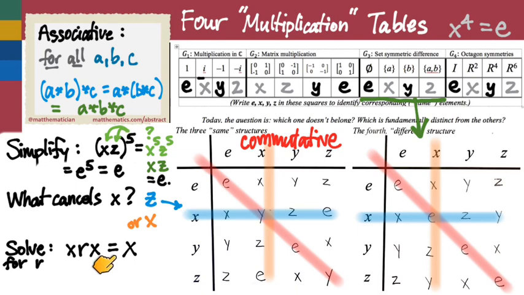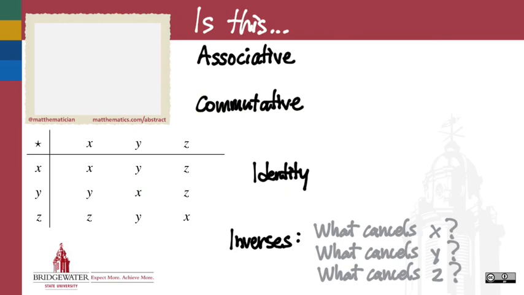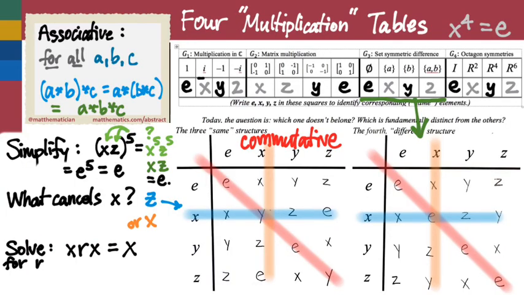Finally, how did you solve the equation XRX equals X? Solve it to get R by itself. What were your steps there? Cancel Z. So yeah, once we know how to cancel X, we can use that cancellation to get the X's away from the R. So if we know Z cancels X, whoops. Which side did you cancel the X on first? The right. So if we stick a Z on the right side of both of these expressions,